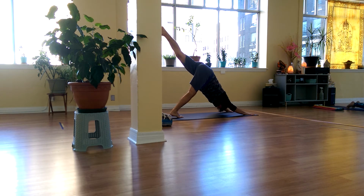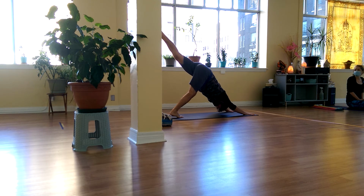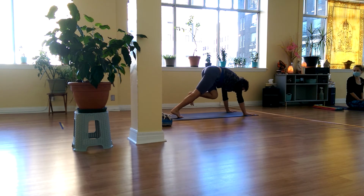Level your hips out. Flex that foot, spread your toes, press out through the heel. As you breathe, inhale that left leg just a bit higher and then take a big step forward with that left foot,